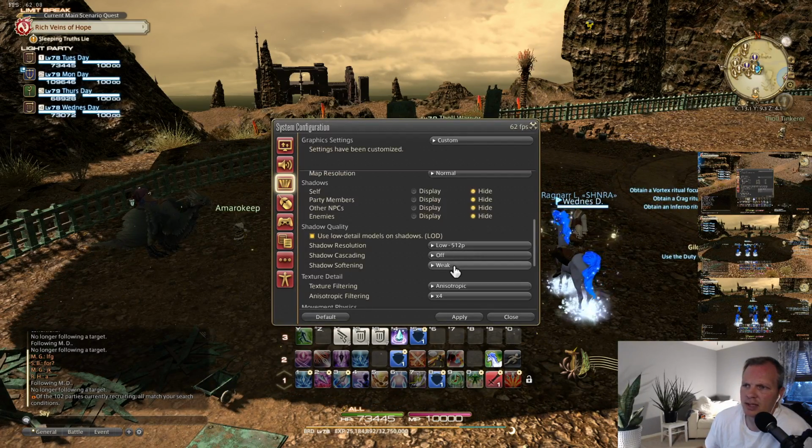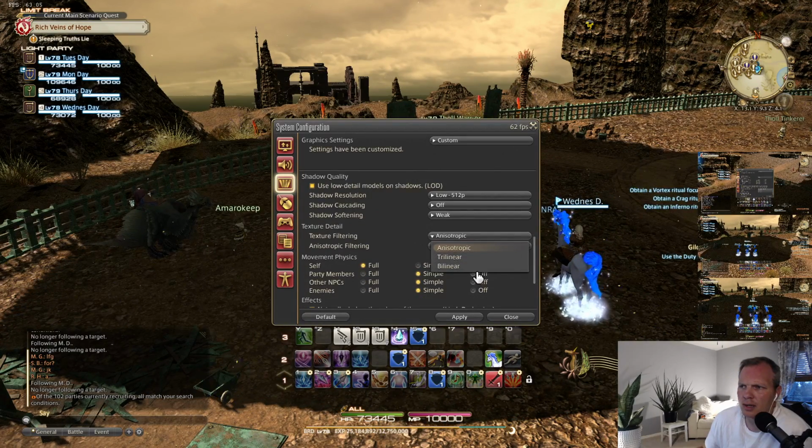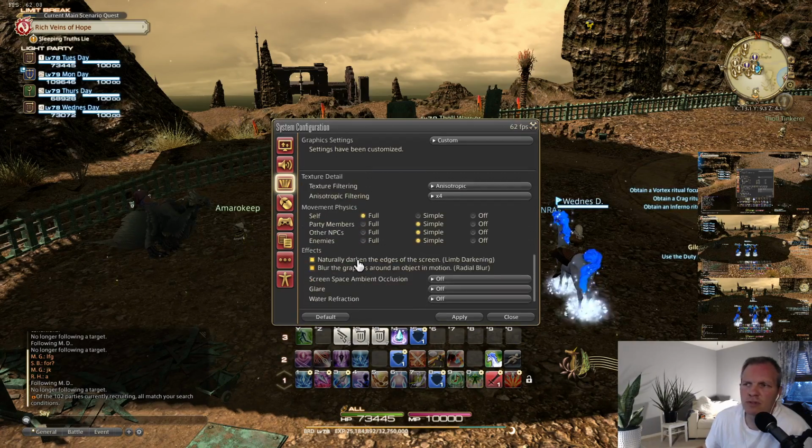Off on the shadow cascading, shadow softening, weak. Texture detail, I guess you can go with bilinear. I'm not sure why this is on the top one. You can drop that down even further. And then for movement physics,